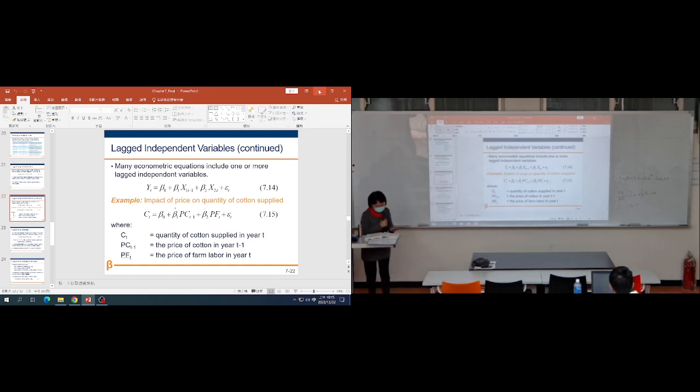Okay, and so this is all what you know. So I mean that independent variables, not only the same period, but also the lagged periods. Okay, and